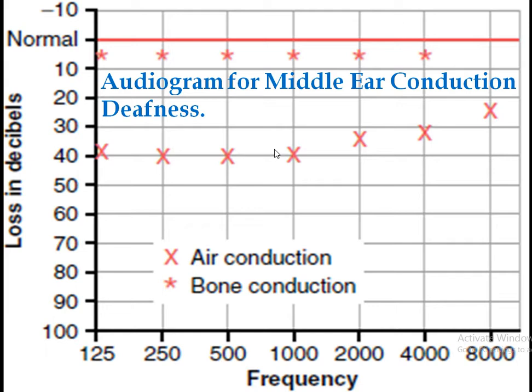I am telling you again and again about the wax, because we start the other tests, Rinne's test, Weber's test, and all these tests, but ignore the presence of the wax. So starting from the history, then inspection. On inspection, you must have the ear speculum examination also to diagnose the presence of wax, to diagnose this factor for the middle ear conductive deafness.